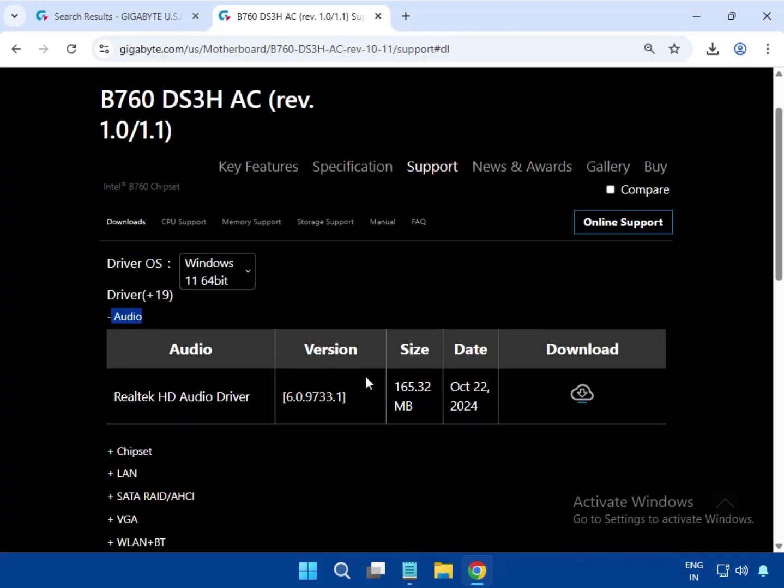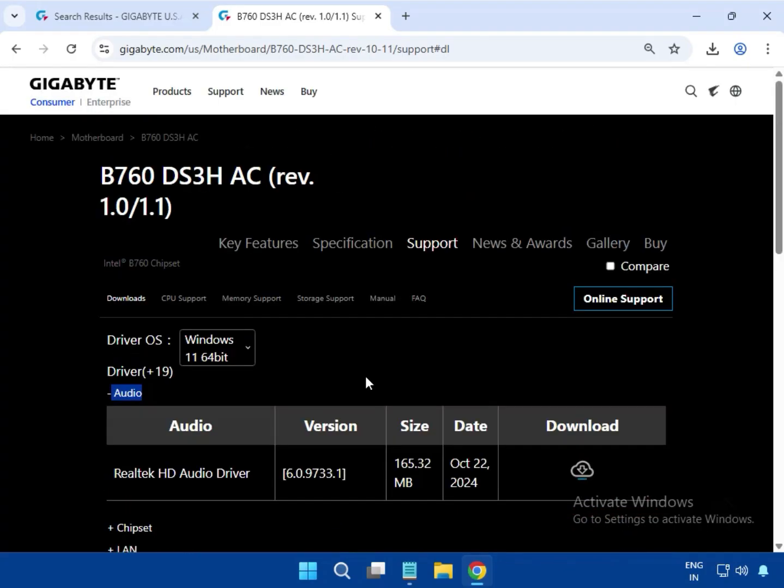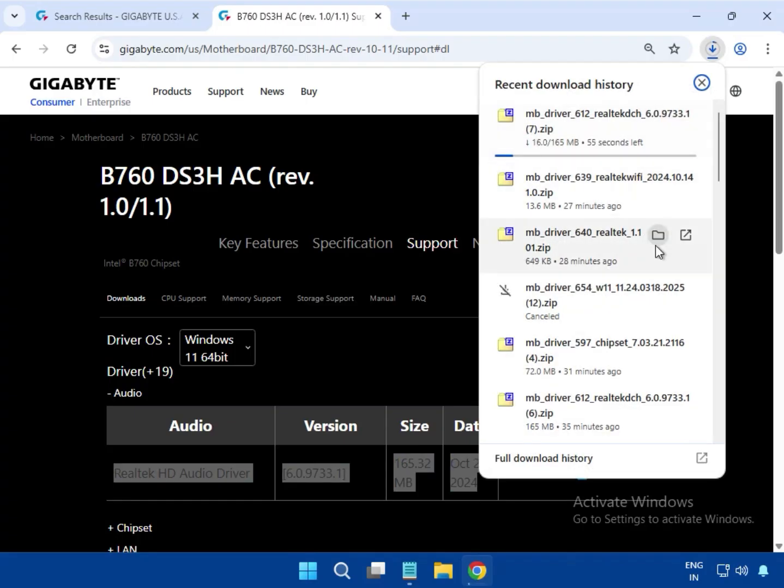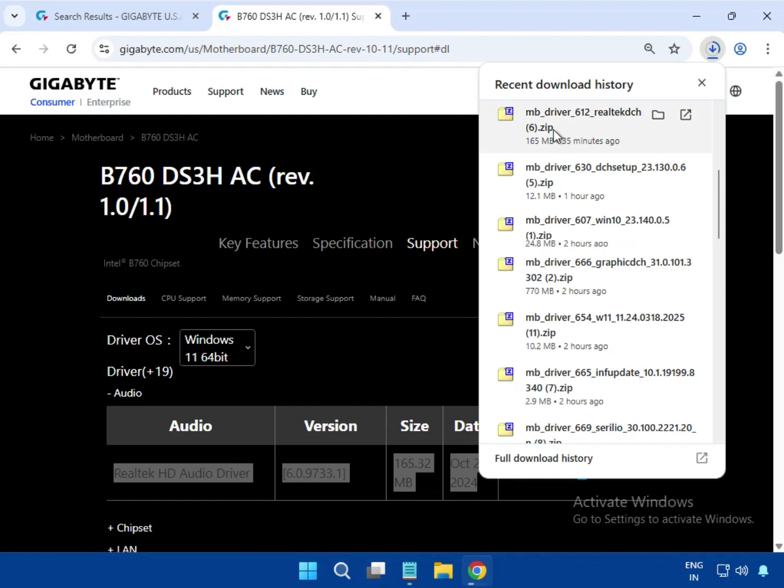Audio driver. You can see this is audio and this is the size, and just click to download. When you click download, it will start downloading in the download box. So it is completed. Just single click to open